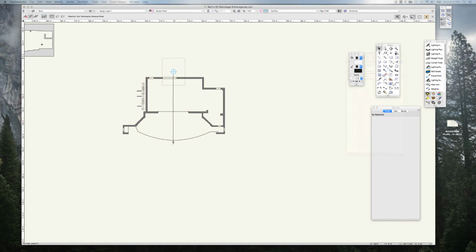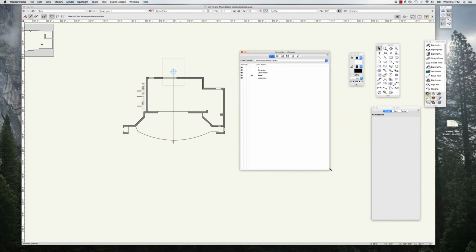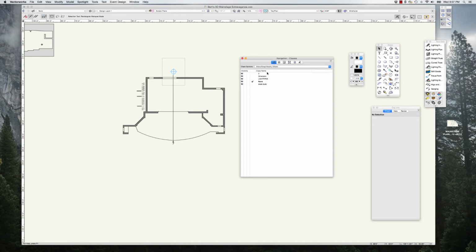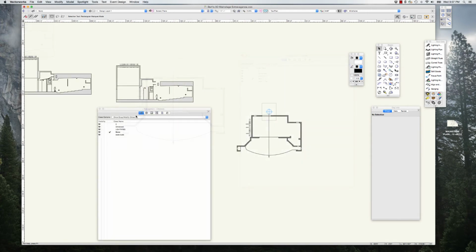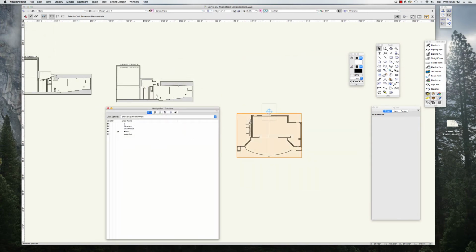So I'm going to open up my navigation palette, and you'll see that the classes that you probably will have are the zero class, the dimension class. With those, the dimension class and the none class are always in every Vectorworks file. We also brought in from the 2D theater drawing that we copied in the light pipes. So what I want to do is create a new class that is called theater architecture that we're going to put the theater itself in. So we're just going to new